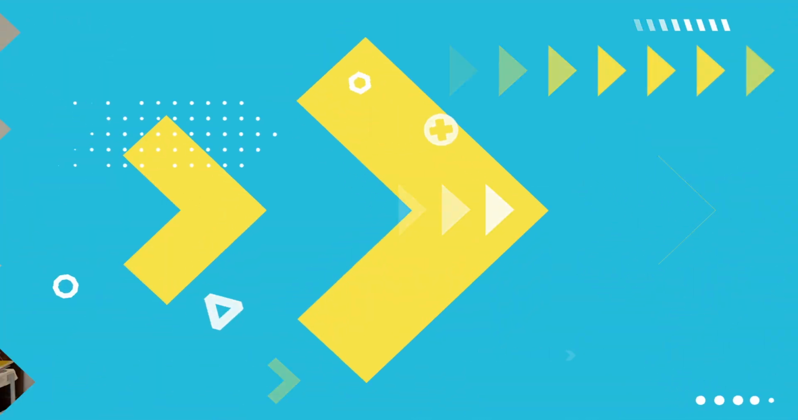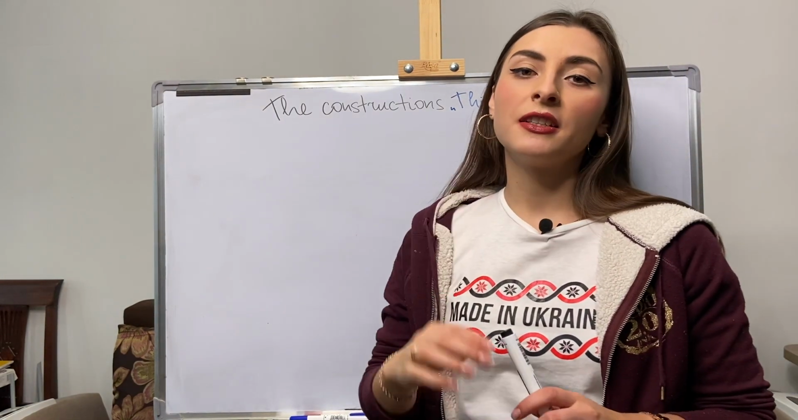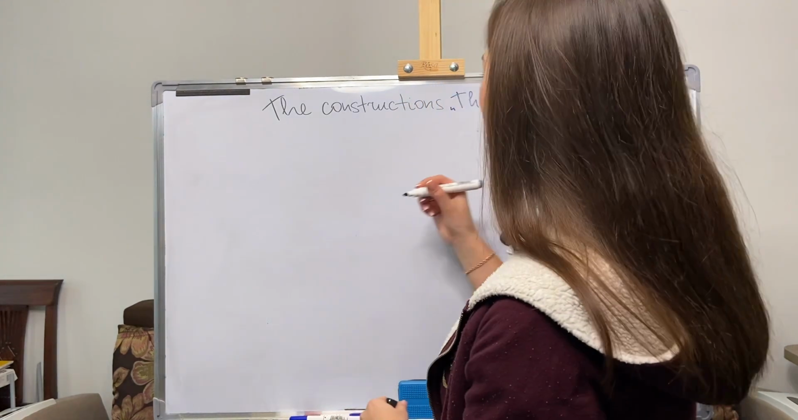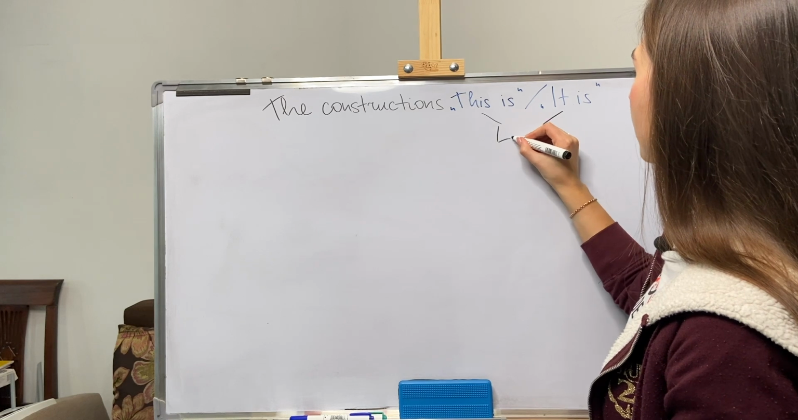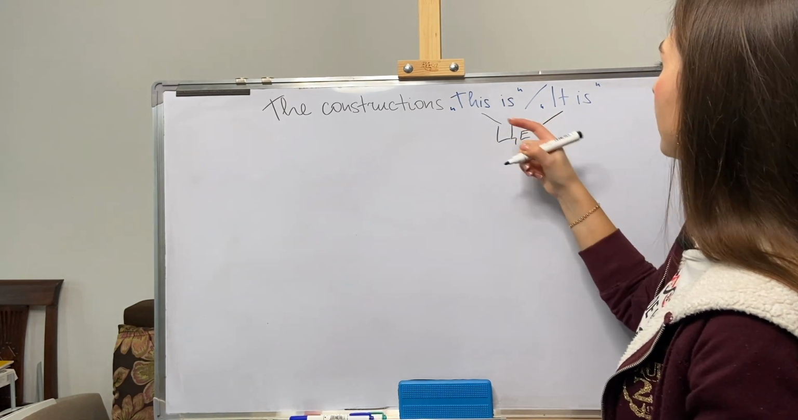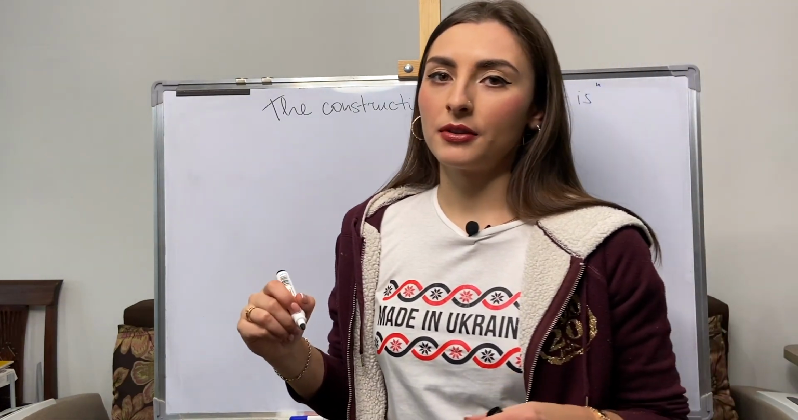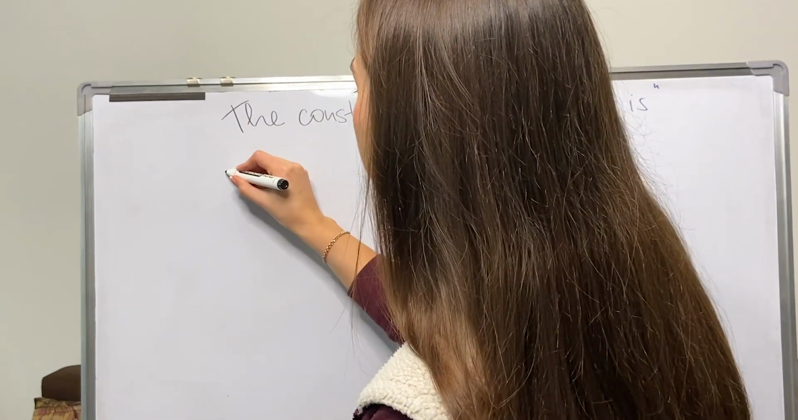Поїхали. So "this is" and "it is" are translated in Ukrainian language as це. So we translate them as це. This is, it is, це. Let me give you some examples. For example, you want to say, this is